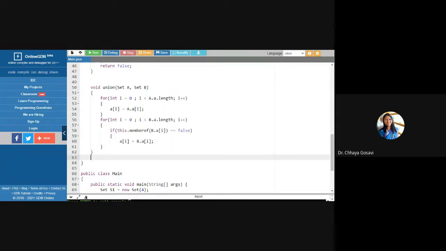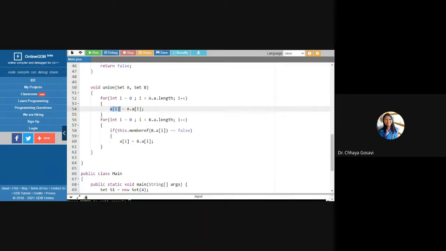Here we are dealing with A of I which belongs to set A and A of I which belongs to set B. And A of I for the result.